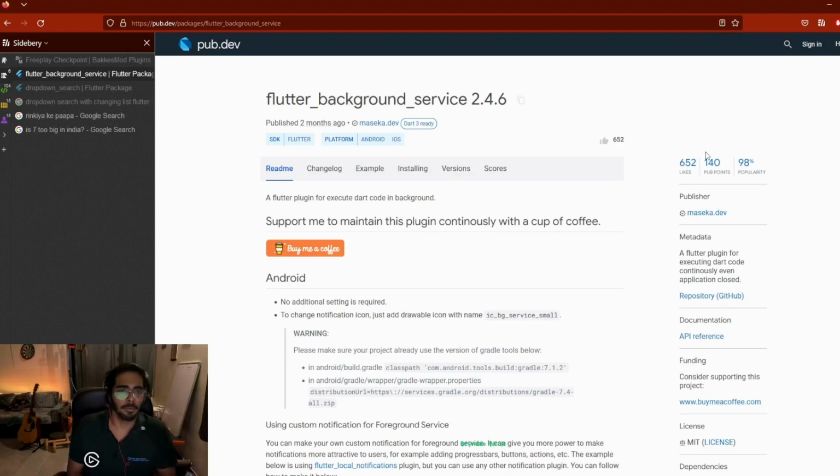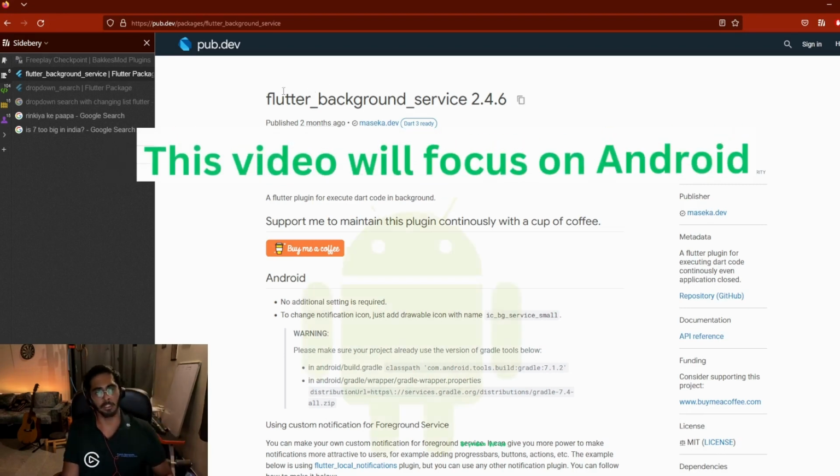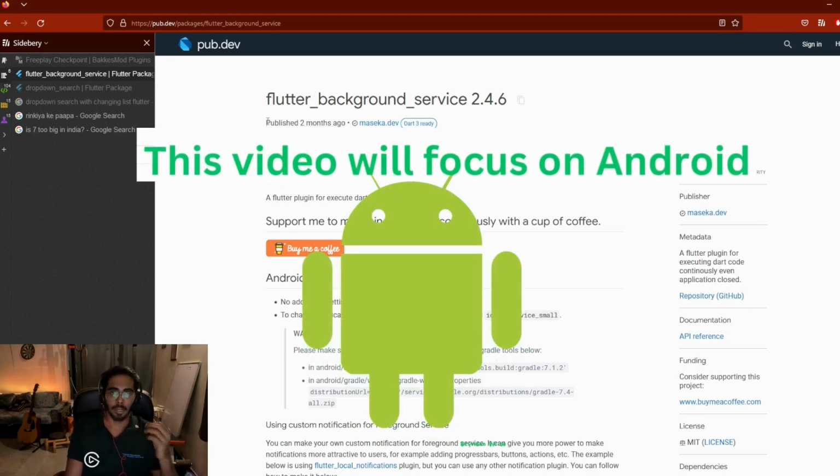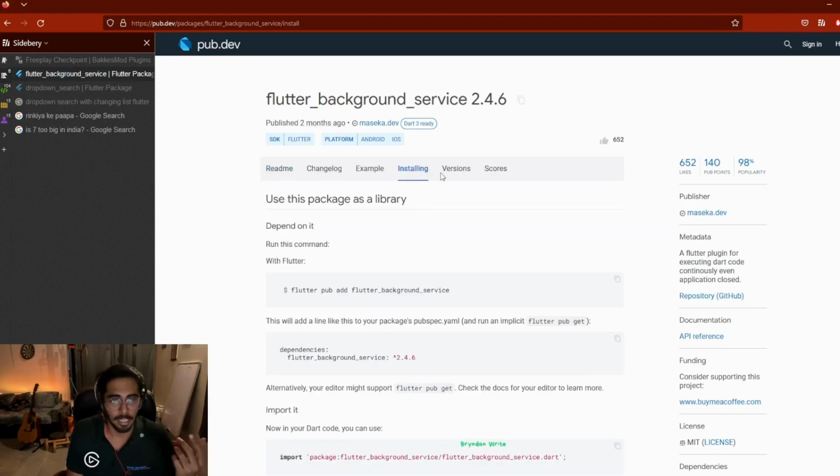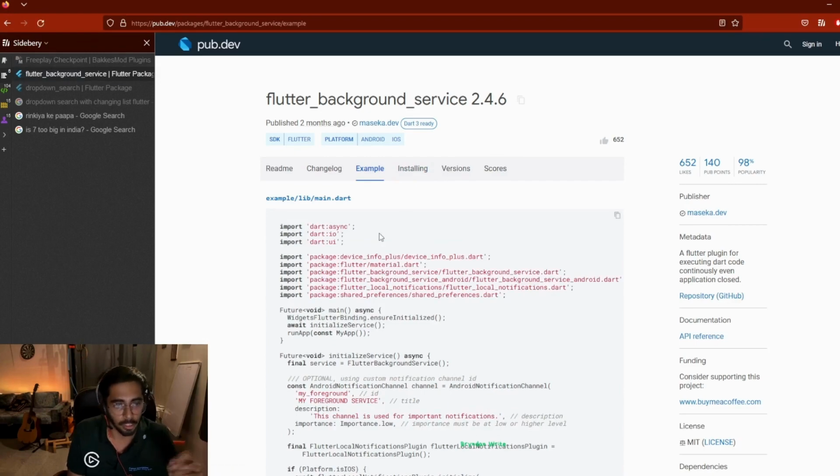So in this video I wanted to take you guys through this package which is Flutter background service. When I came across this package before and when I had to implement a background task for my use case, as a Flutter developer, I found it slightly difficult and cumbersome to firstly understand this package and use it properly